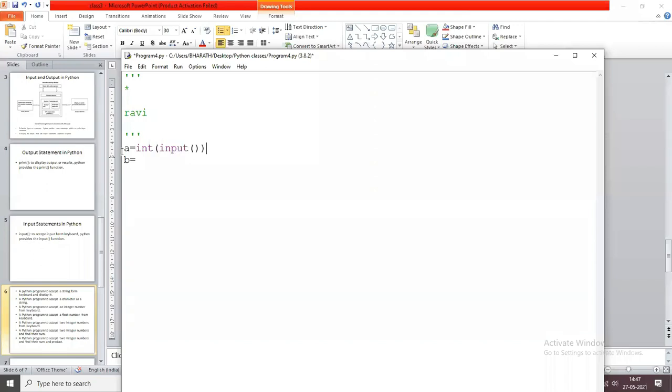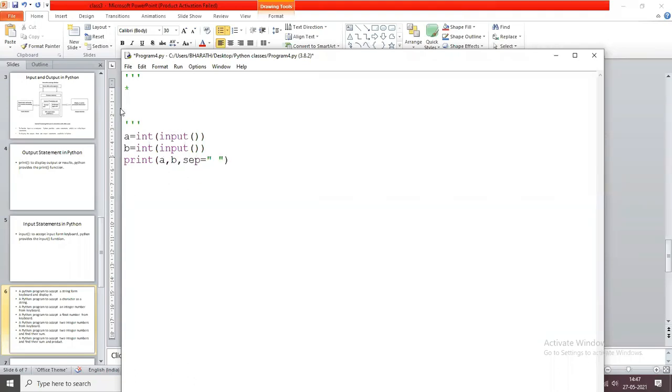Here I am using int of input directly. You print a comma b and separator equals a space. So what is the expected output?